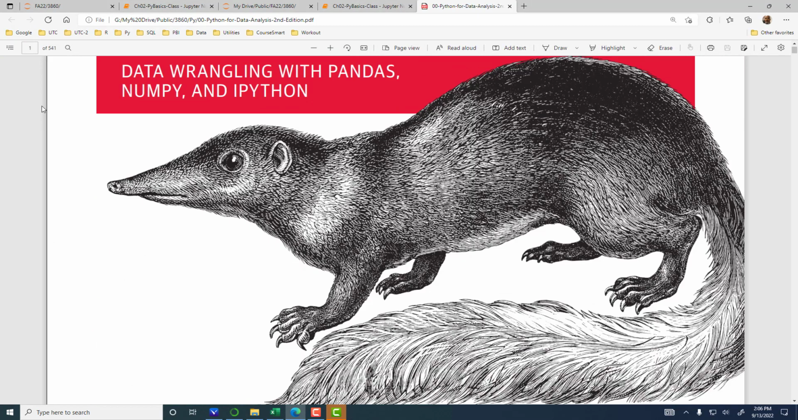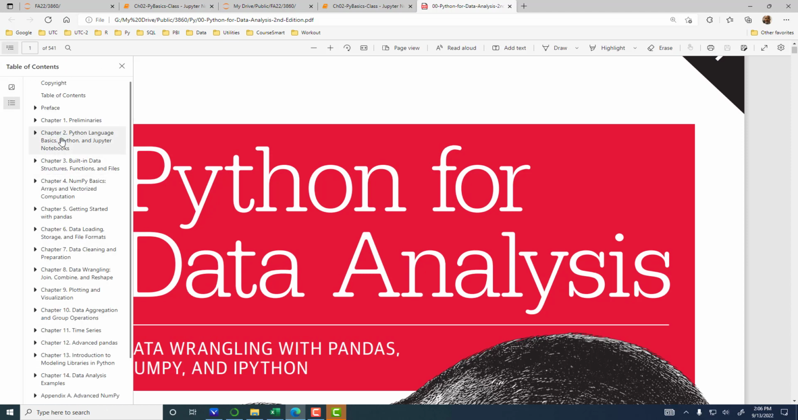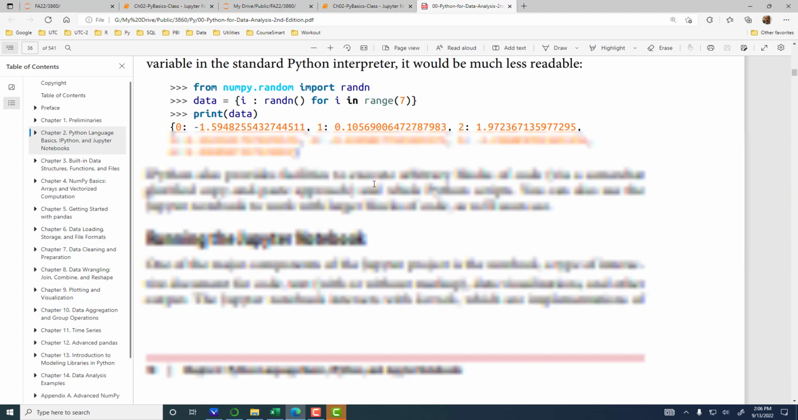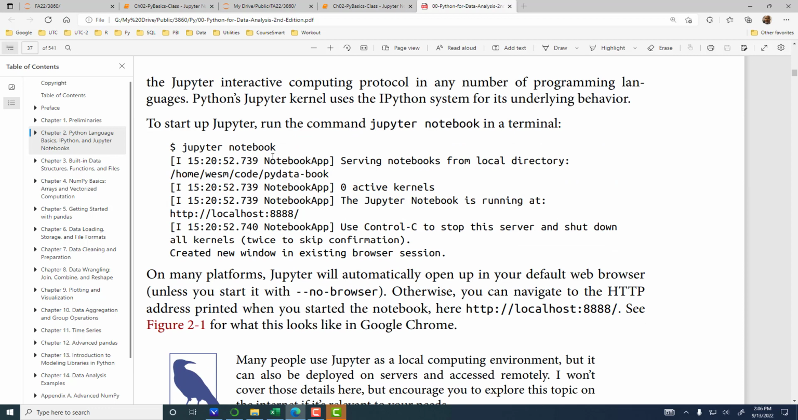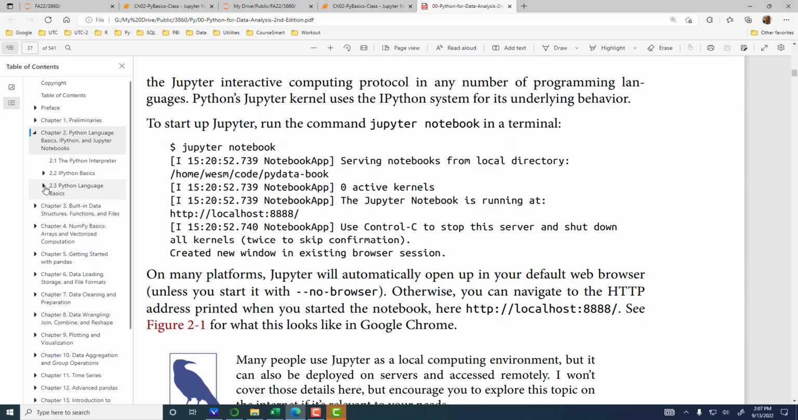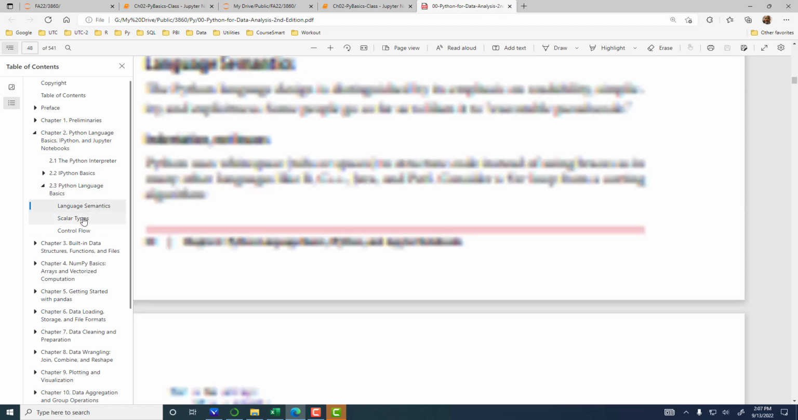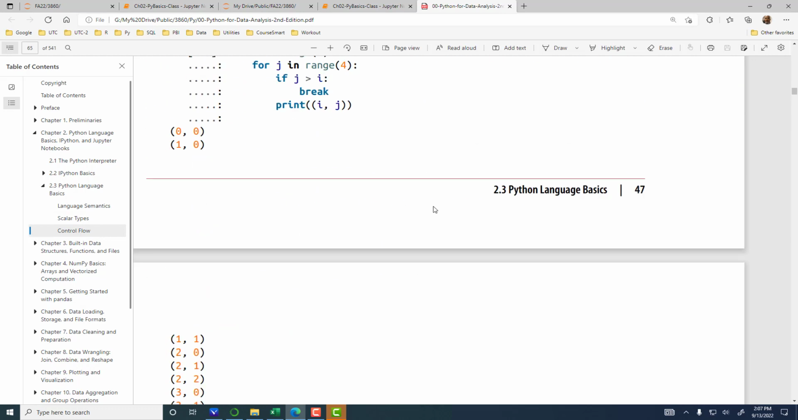So here is the book, and if you go to chapter 2, it covers everything that I did. It's covered in this chapter, and more. Most of this comes from here: the language semantics, scalar types, control flow, and F string is not in this